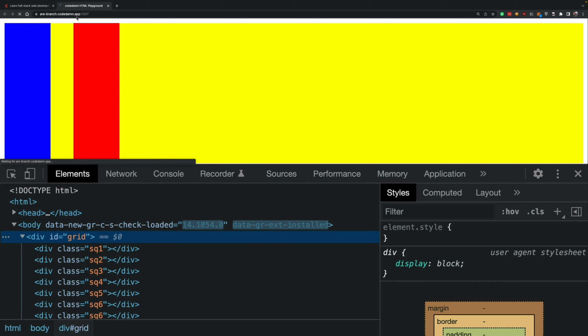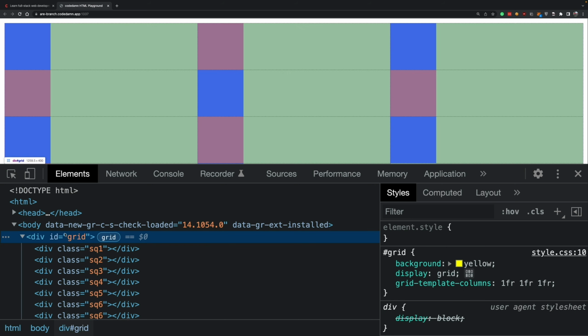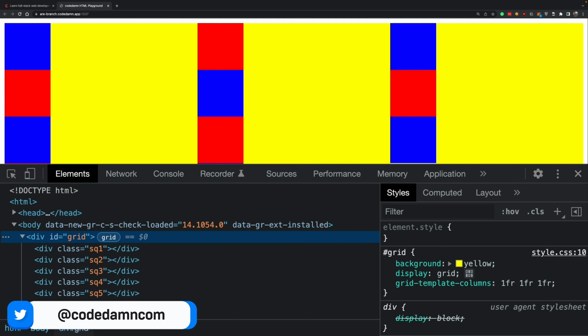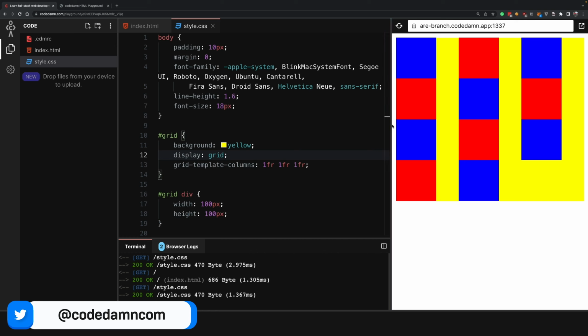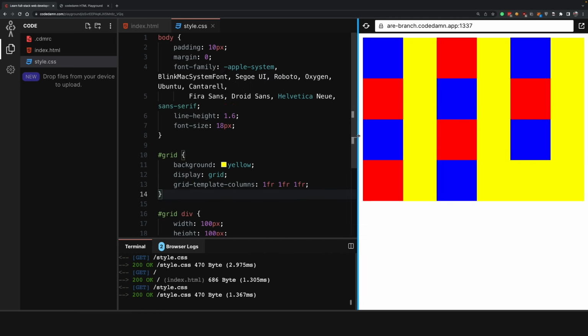So if I go ahead and refresh this page in the full window and inspect it, you will be able to see when I hover on this grid, the way this column gets split: this is the first column, this is the second column, this is the third column. And obviously, because now this depends on the size of the grid, it's also responsive in a way,